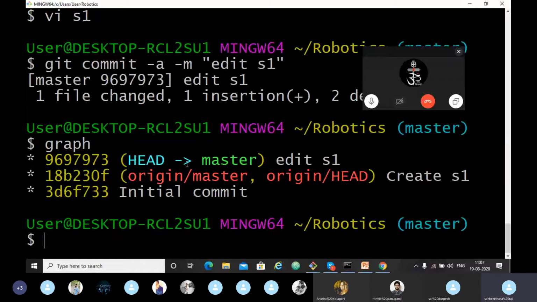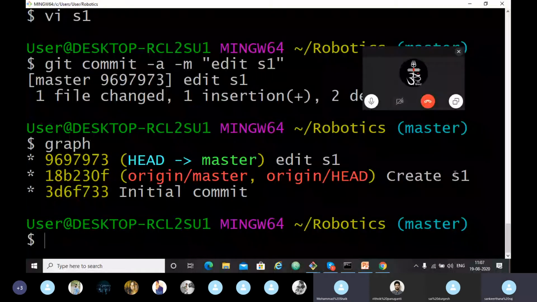So let's see the git status now. Git status shows your branch is ahead of origin master. Means we are one commit ahead of the master branch in GitHub.